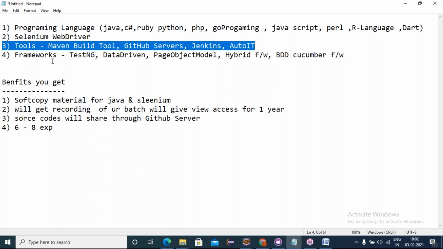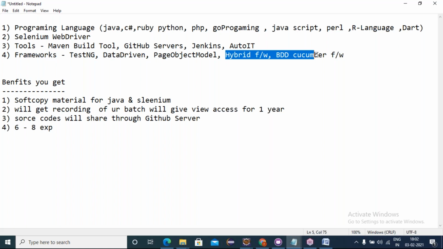So you'll be giving live projects also, right? Yes, on the hybrid framework and Cucumber framework, in these frameworks, we are working on projects. In the hybrid framework, we work on an e-commerce application, and in the BDD Cucumber framework, we work on a share market application. In the hybrid framework, we'll be automating 3 test cases. In Cucumber, we'll be automating three test cases. It's for a Salesforce application.